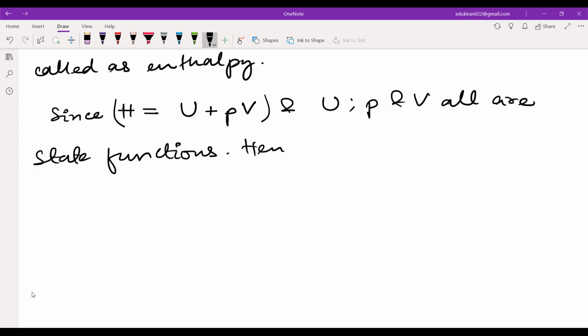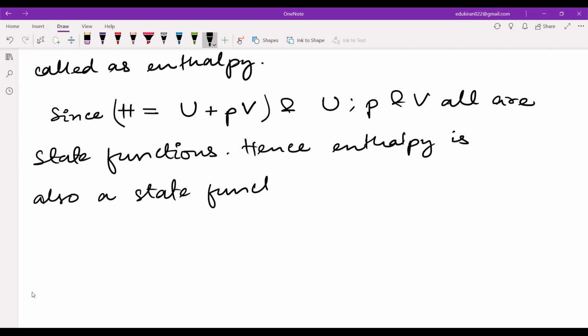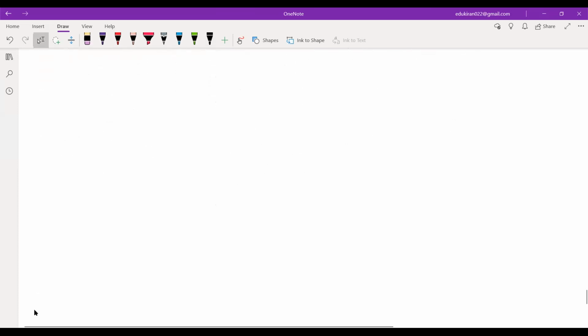Hence, enthalpy is also a state function. Hence, enthalpy will also be a state function. Okay. Right. Next thing is the relation between